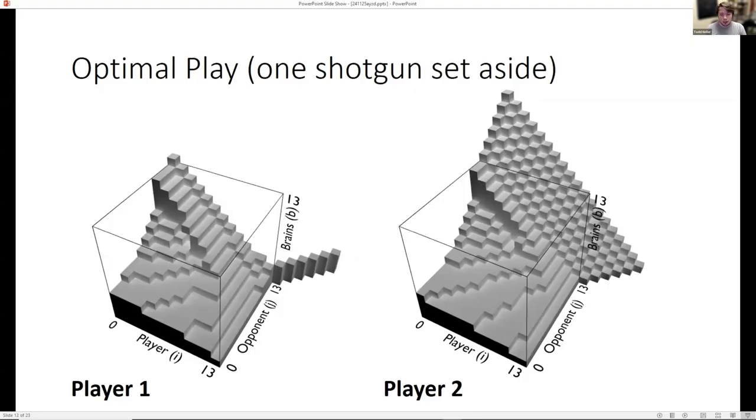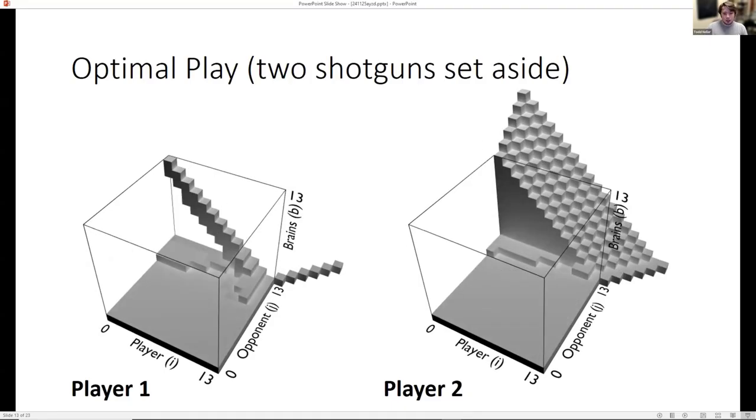So the one shotgun case is a bit more nuanced. The players are expected to play a bit more conservatively since there's a higher risk of rolling more than 3 shotguns and thus going over. But you can still see these remnants of the go-for-it surface when the opposing player is significantly ahead. And the tiebreaker cases are relatively the same, with a slightly lower goal for player one.